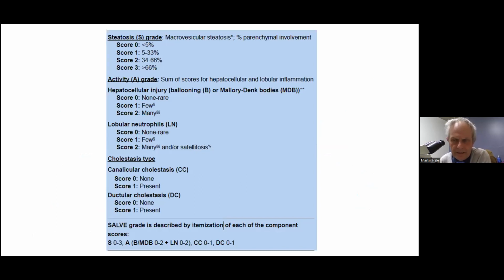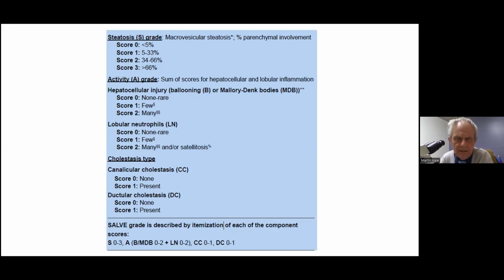Right, so I always like simplicity personally. I think the more complex classifications become, the more difficult they are to interpret, and also difficult to allocate to specific bodies. From my own experience, I certainly like the Brunt classification system as I do the Metavir system. I think they are both very good and, in my view, reproducible classification systems. But the problem with both of those is that they don't really give histological prognostic parameters, whereas this does. And I'll take you through these.